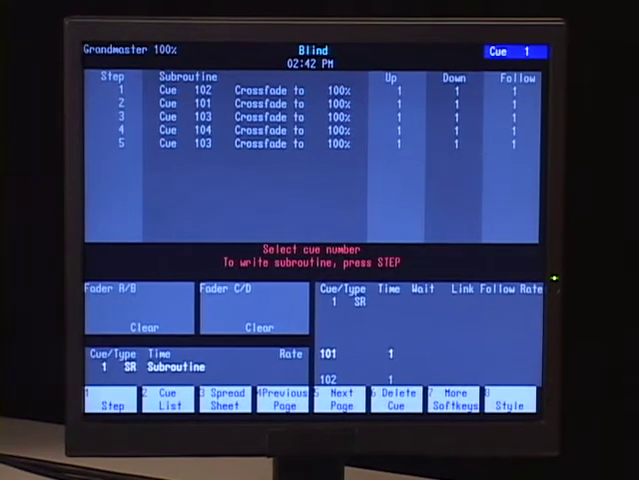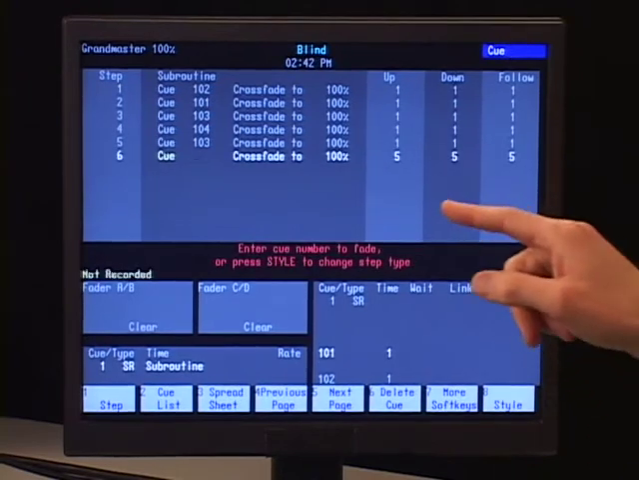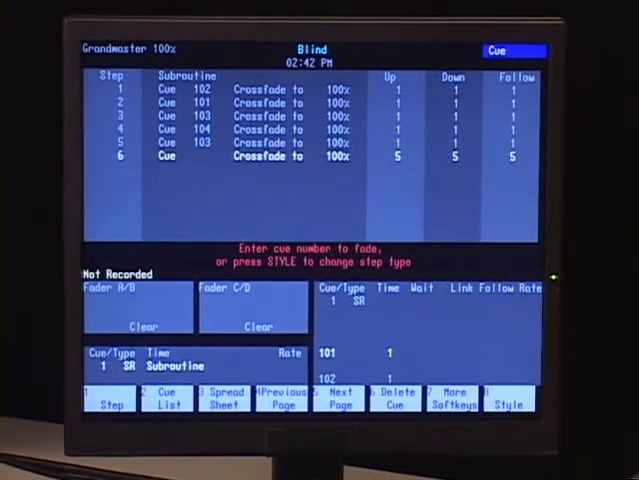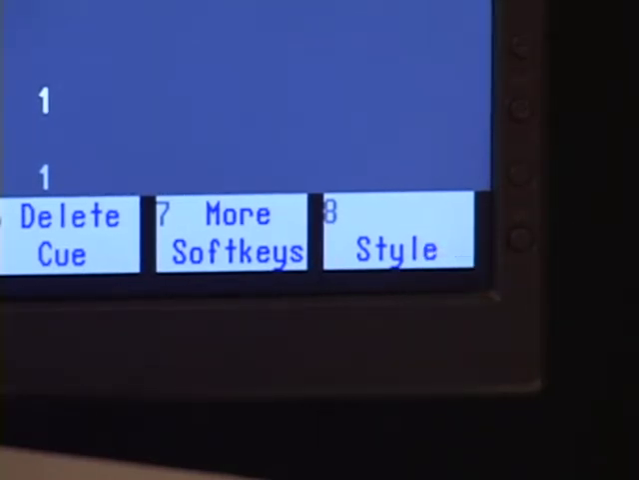And one last thing I want to do is I want to add a step 6, but I want to change what this step is going to do. And I'll show you that here. So I'm going to say select step number 6. Now instead of being a queue, I can go over here to soft key 8. And this is a soft key called style. And I hit style, and my command prompt is now going to give me 4 different options